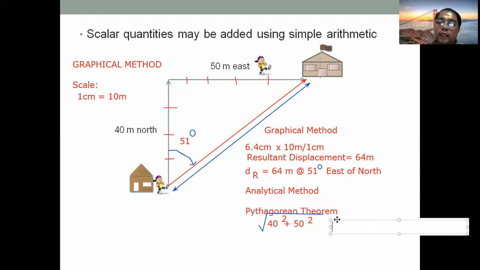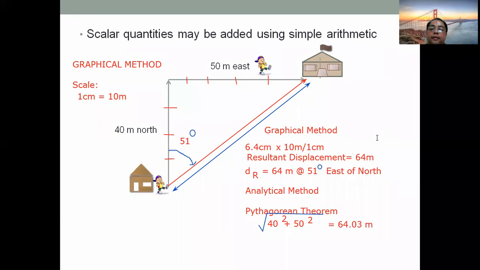Maybe our answer last time was 64.03 meters. And that's the exact value of the actual length. So this one is 64.03 meters. And the angle, theta,